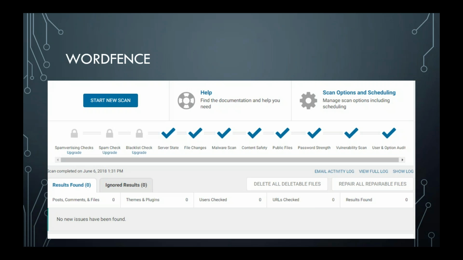Now this plugin has many other features, but what I found particularly useful is the scan. It'll also email your webmaster when your plugins and your themes are outdated. That kind of information is useful. But what I really liked was the scanning. Each of these plugins has many, many features, and this is just a highlight so you know what to look for in the different plugins. I'm not going to detail everything in each of these, just give you a high level view of what sort of functionality they offer.